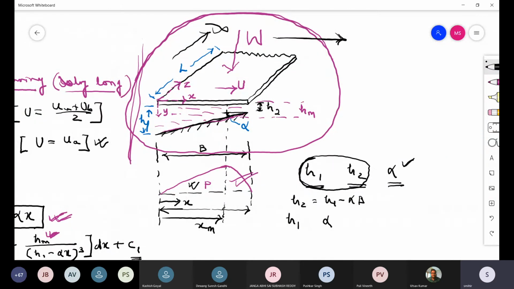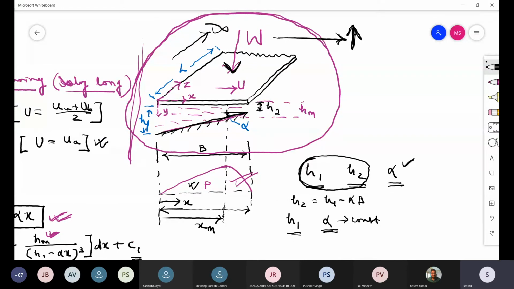In our solution, we assumed some values of H1 and alpha. Based on that, we found the load carrying capacity. But in real life, in bearings, load will come from different components, different accessories. So imagine I will increase the load. Let us say alpha is constant, then will H1 decrease or increase if I increase the load? Decrease. Yes, H1 will decrease.